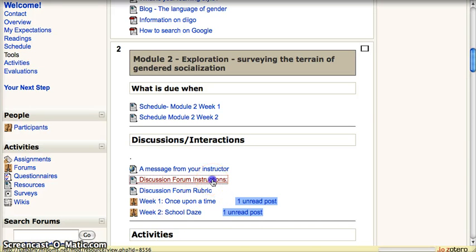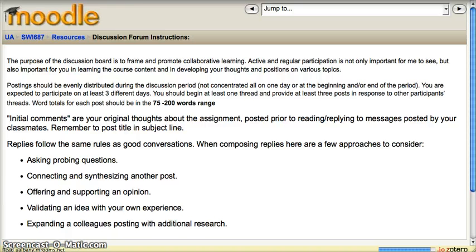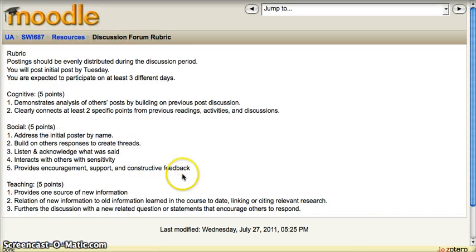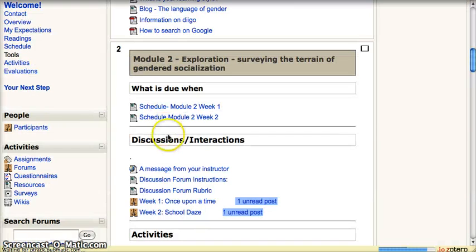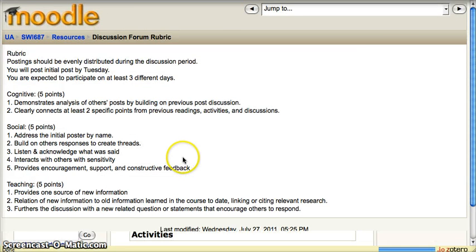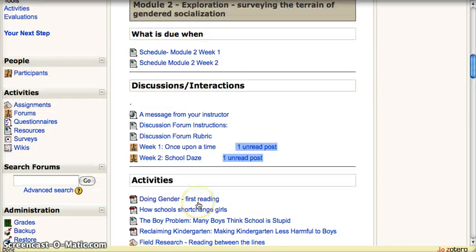I see you have your instructions for your discussions, which are very nice, very good, very clear. You have your rubric, which is also clear, the discussion forum rubric and discussion instructions, right? And then you have your discussion.